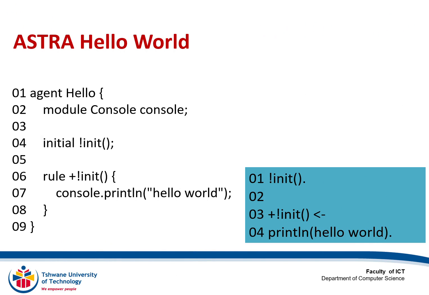Now, let's just look at an example of a program. So here on the left, we have the Astra program, and on the right, we have the equivalent AgentSpeak program. Remember, this program was the first one that we looked at, where you wanted to print hello world. And here, you start by having your hello agent called hello, and then you instantiate a console on which you'll then be able to print that particular message. And then you have got your initialize